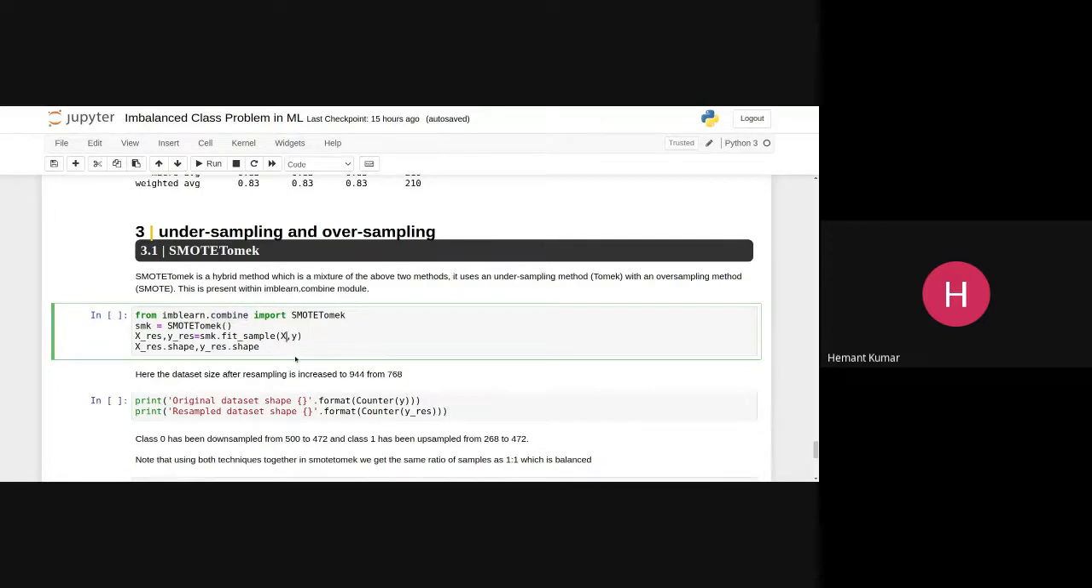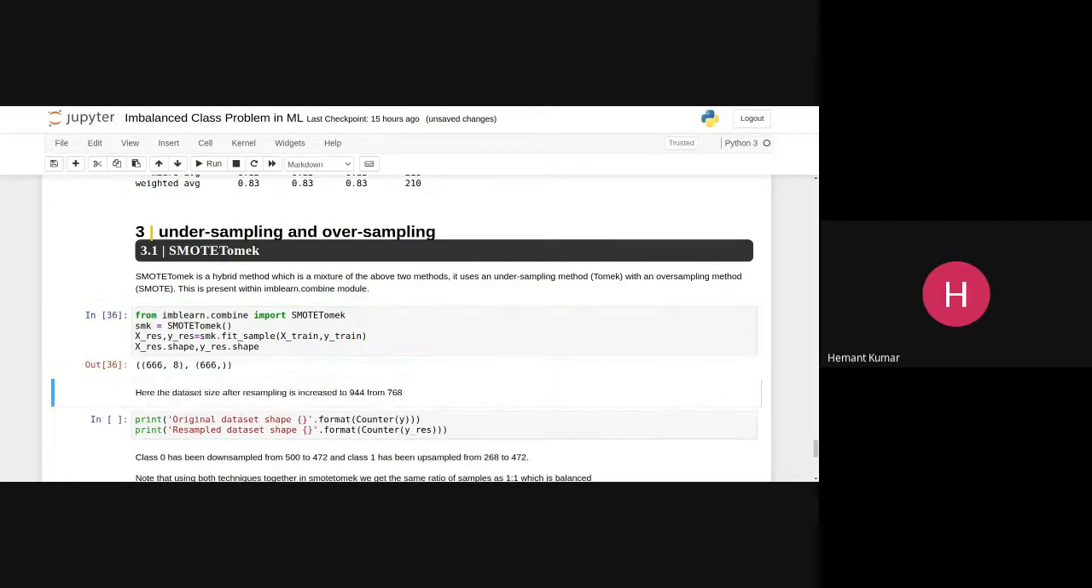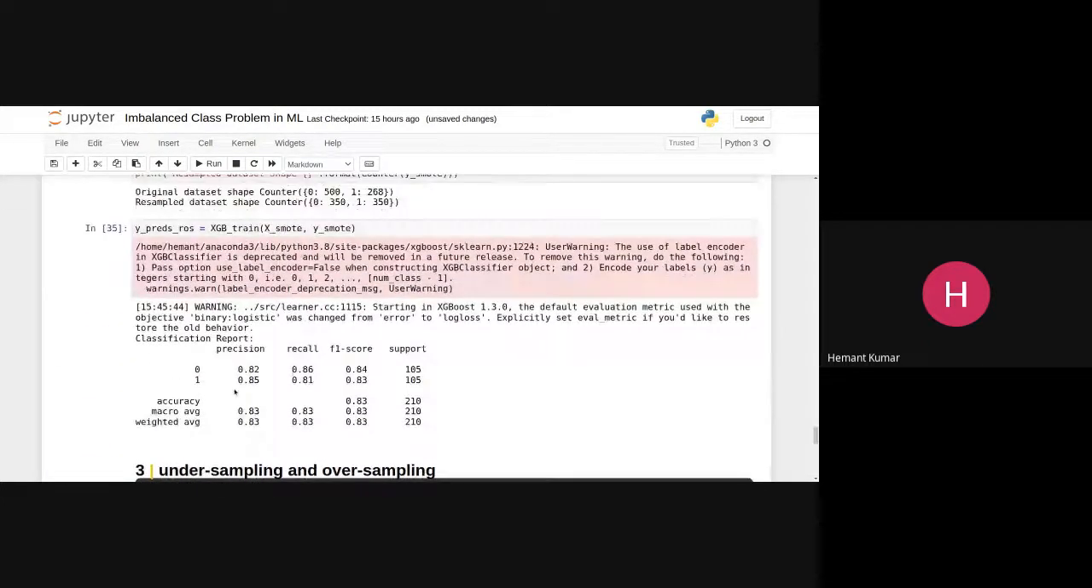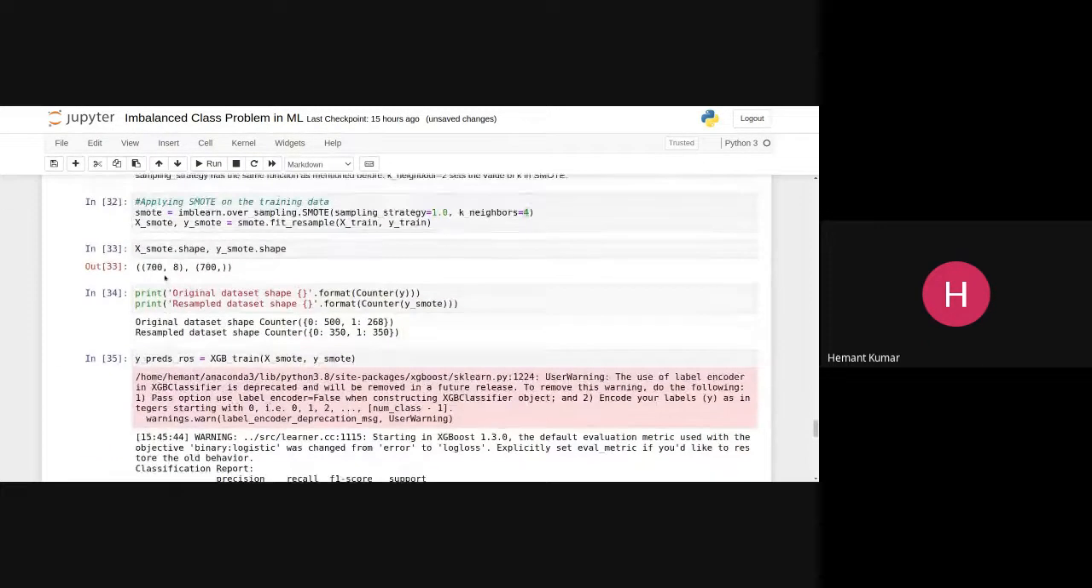So now we have to see the impact. Okay. So in the previous SMOTE analysis we used size 700, now